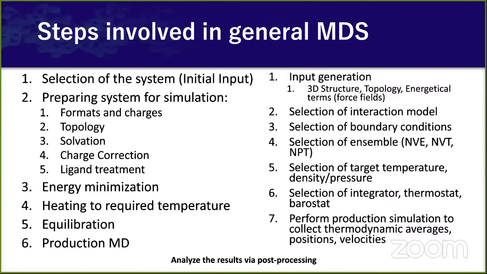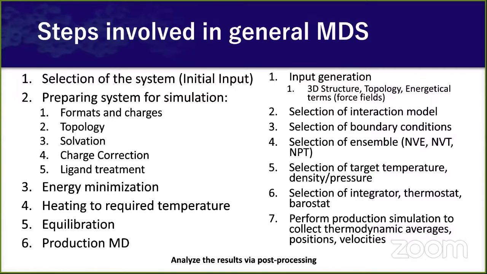The very first thing you need is an input system, or the system building. System here refers to whatever chemical reaction you want to simulate. You have to create the most appropriate representation of that as you can. For example, most of the time this system will come through X-ray structures that you have from the PDB. They can also come from modeling or theoretical models. For example, the protein-ligand interaction can come from molecular docking. So whatever output you get through modeling the interactions from molecular docking experiments, those systems can be used as the